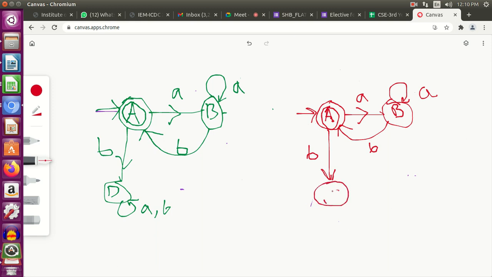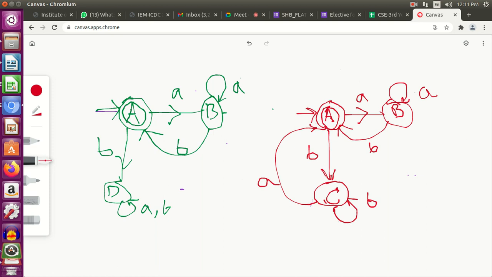Suppose this is C, and go back to A. If I get an A, I go back to this state. And if we get a B in C, we will get A in C only. I think that is done, that should work. So if I get a B, I start with B. I can have any number of B's, and then again I end with A.